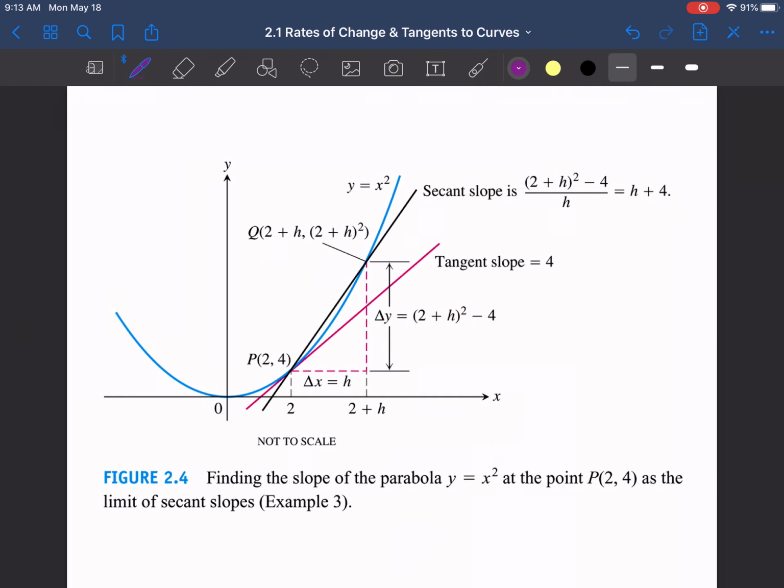Next page, this is just about the same thing, and it's about finding the slope of the parabola there at (2, 4). And you can see they went through and did it as well. And, you know, you end up getting this (2 plus h) squared. And anyway, they work it out there for you, and you can see the tangent has slope equals 4, which is what we came up with, and everything. Okay, and then on the next page,